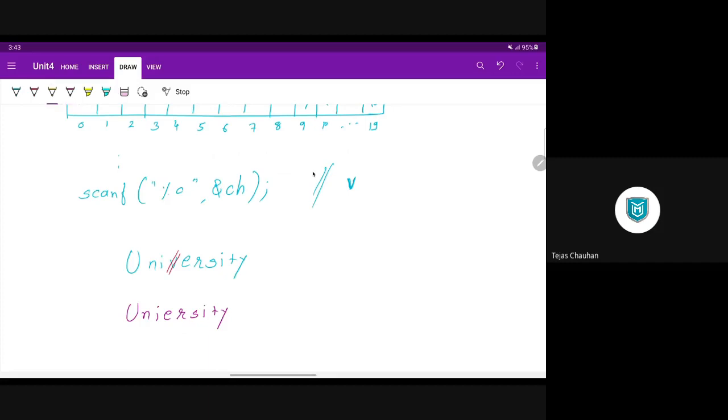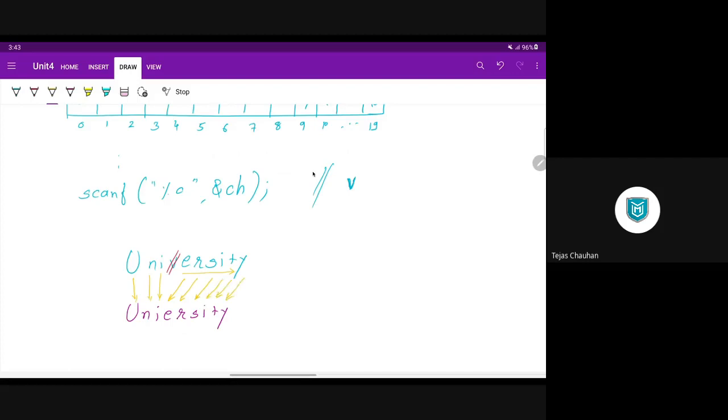Now focus here. U, N and I are as they are. Then you have deleted one character. So all the characters in your string after the deleted character are going to be shifted one place to the left side.